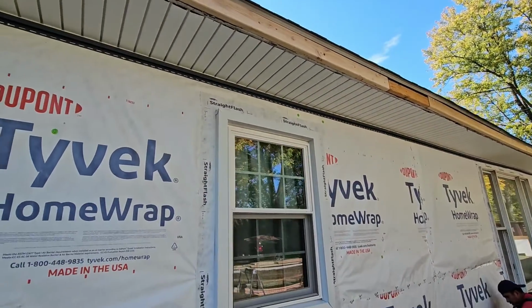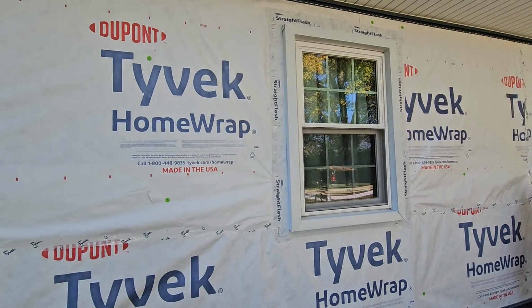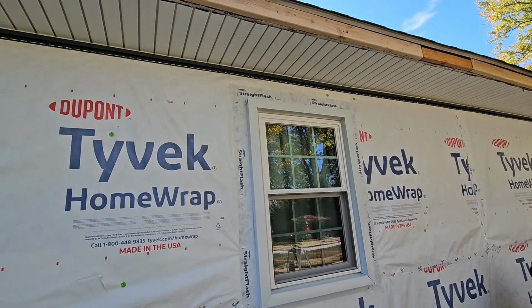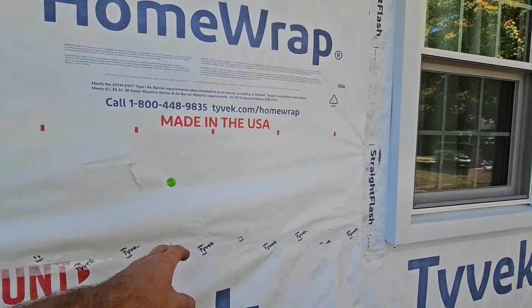So the reason I'm saying all this is because we don't typically tape a window this way, but we're doing it in this job because of the overhangs, because of the bigger gutters, and because of the substrate underneath, which is just a foam board. So when we do Tyvek,